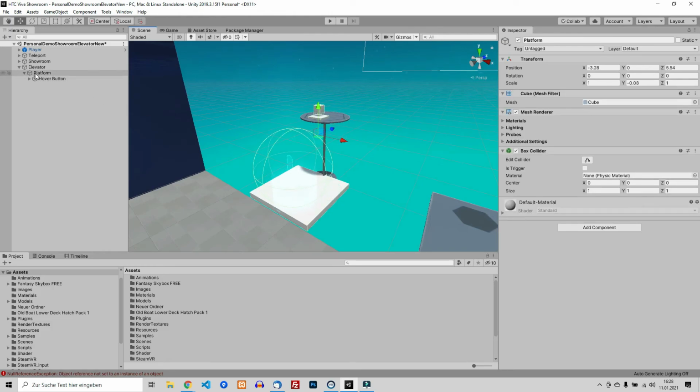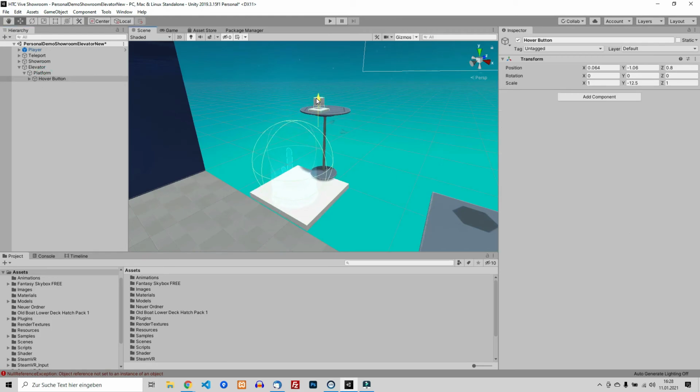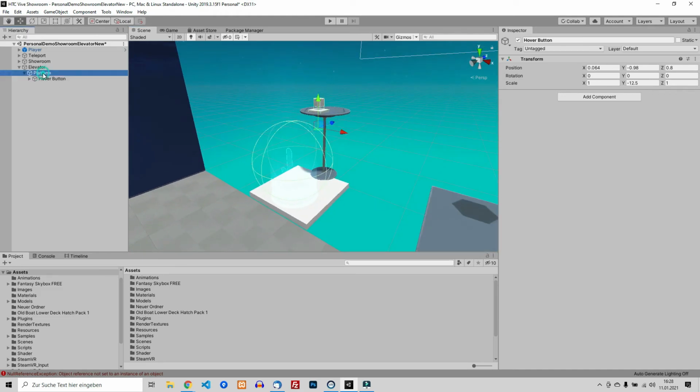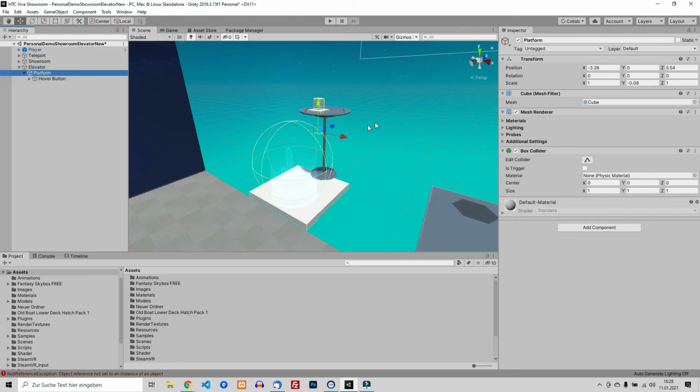Maybe we can even extend everything a little bit, that a little bit up. It doesn't matter by now. I mean, this is just an example, and like I said, you guys can even go more crazy, use a car, a roller coaster, whatever. So this is just a really basic example. Okay, nice. So now we have empty elevator object, and within this object we have a platform. So we can move around this whole platform, and everything moves within that game object. Okay,